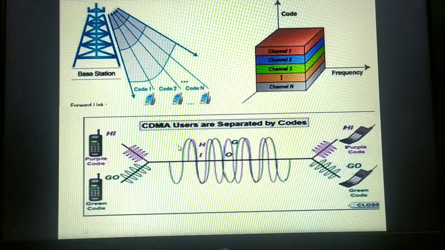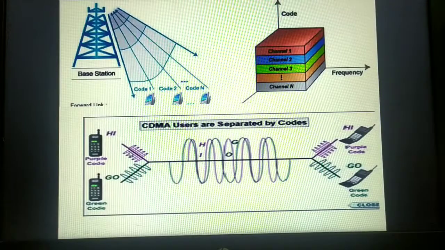At the time of sending the data from the sources, encoding takes place, where a pseudo-random digital sequence is generated. A pseudo-random digital sequence is nothing but a code. One of the codes will be randomly generated in the form of a combination of digits, that is, in the form of zeros and ones.